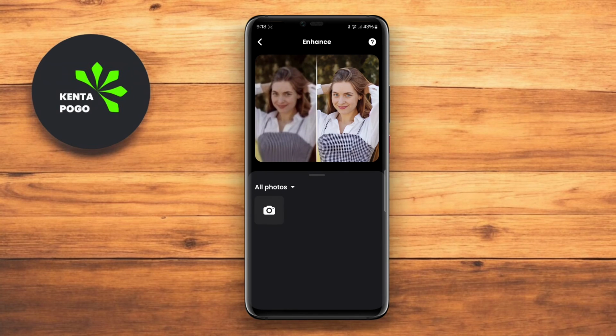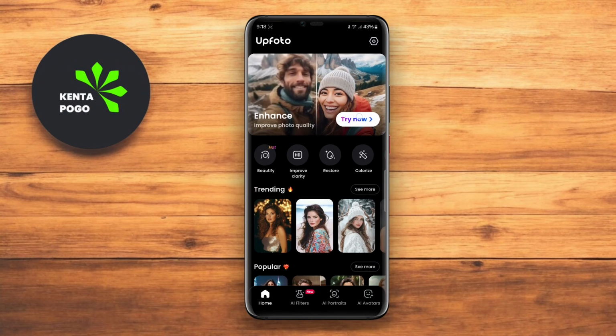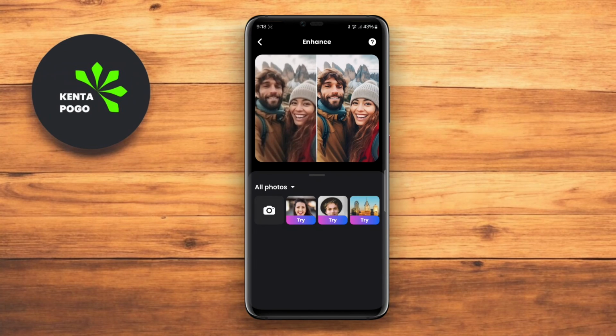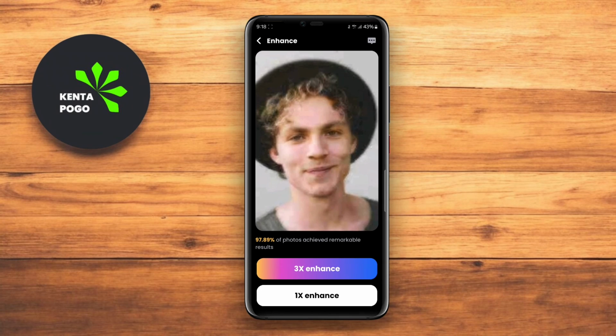UpFoto also includes several filters and editing tools for further customization, ensuring that your images can be tailored to your preferences. This app is great for users looking for a straightforward yet effective way to enhance their photos with minimal